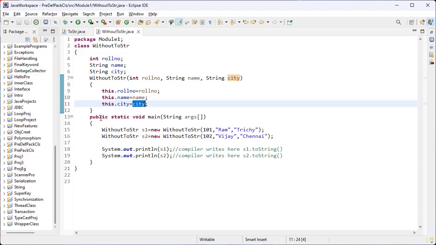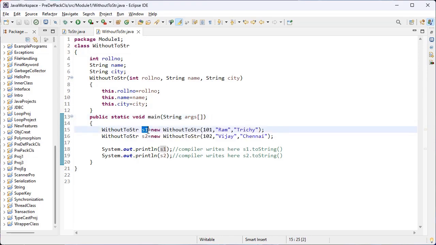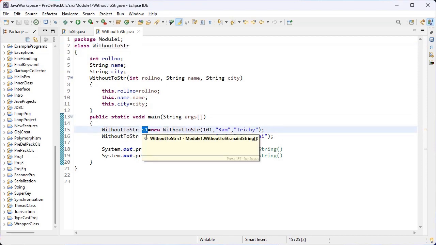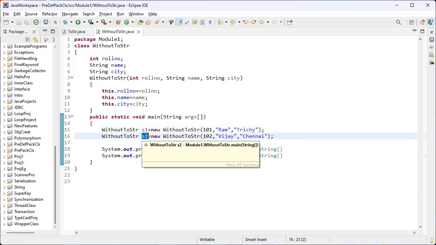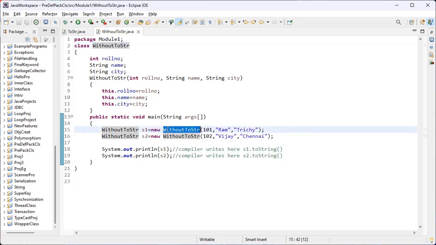Here I have created the main method. Execution starts only from this main method. And I have created the object for this class, S1. And S2, this is also the second object for the same class. The new keyword I have used, and this is the